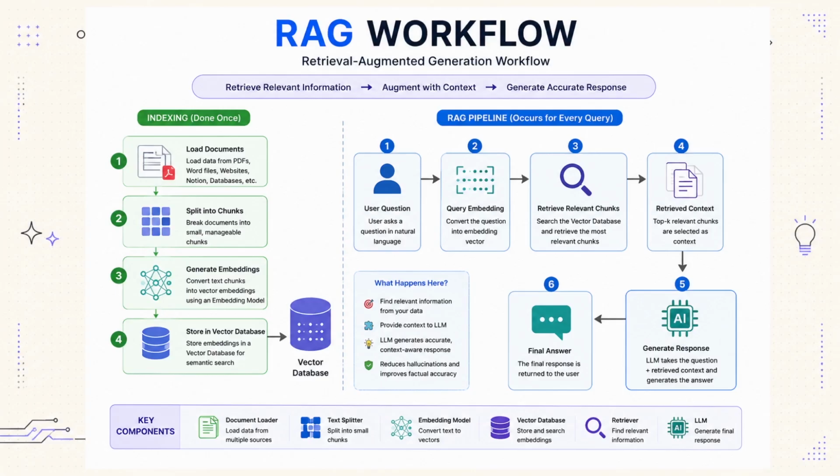The question is converted into embeddings. The vector database is where the embeddings are stored, and with the help of the vector DB, it searches for the most relevant document chunks. Those retrieved chunks are added to the prompt, which completes the prompt that is sent to the LLM, and the LLM generates an answer using both the user's question and the retrieved information. Notice something important here: the LLM never searches the document directly. It only receives the most relevant context, and that's what makes RAG different.